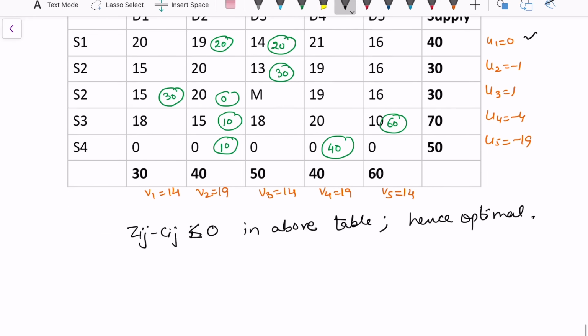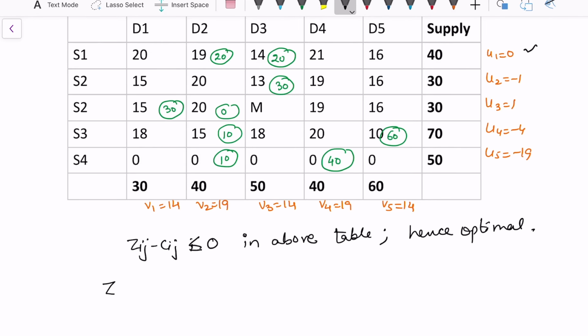So once this is optimal, now we need to calculate the value for Z. So Z is nothing but again multiplying cost with the allocation. So this is 14 into 20 plus 30 into 13 plus this 30, and we see here this whole 30 units is actually coming in this. Even though the question was at most, these 30 units have completely gone. That is the best optimization because we also see here this cost is minimum. So it was expected that in this cell all the 30 will go. Had there been somewhere else a least cost, this 30 would have gone there.